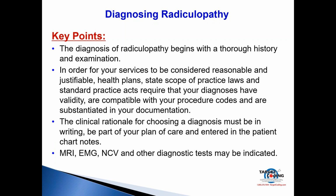You want to ask a lot of questions with a patient that comes in and says, I have pain radiating down an arm or a leg. Everything changes in essence when you think about it. If patient A comes in and says, I just have neck pain, that's it. I have full motor strength. I don't have any numbness or tingling down my arms, versus a patient coming in and saying, yeah, I have